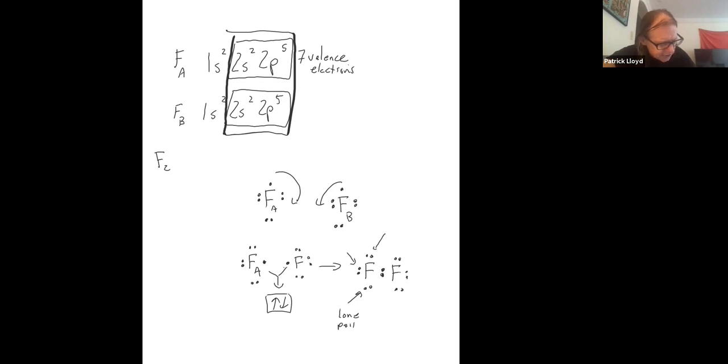So each of these is called a lone pair. Lone because it's all alone, it's not bonded to the other atom. So in this case, each atom has 3 lone pairs, right? 1, 2, 3. Each atom has 3 lone pairs, and this we're going to call a bonding pair